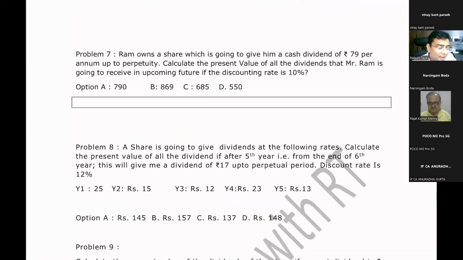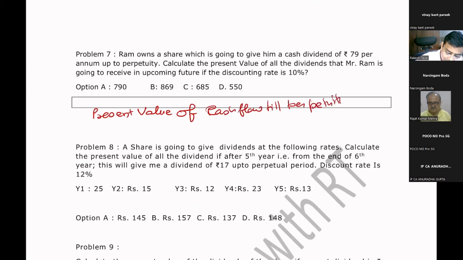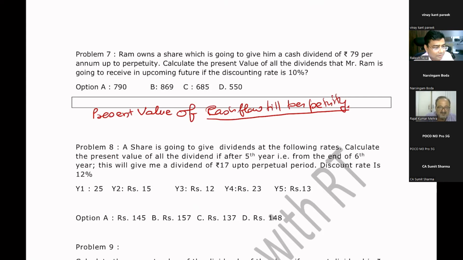So future value of present value of the cash flow till perpetuity. इस पे अभी 7 तारीख को क्वेश्चन भी आया था, 1 मार्क वाला। टाइम वैल्यू ऑफ मनी में 1 मार्क का क्वेश्चन इसमें से आ ही जाता है नॉर्मली। और अभी जुलाई के बाद दे विल इंक्रीज द स्कोप ऑफ केस स्टडीज आल्सो, तो थ्योरी की बजाय ये नंबर के सवाल काफी आएंगे।